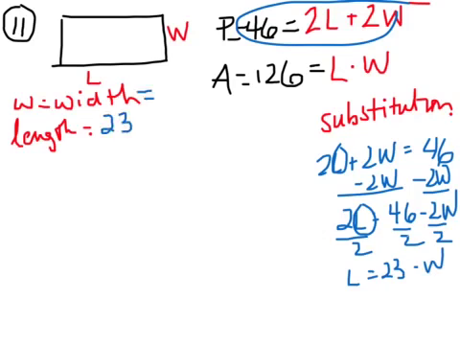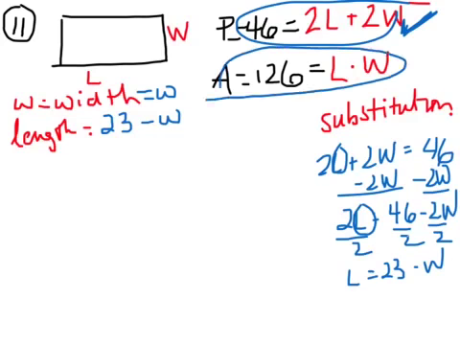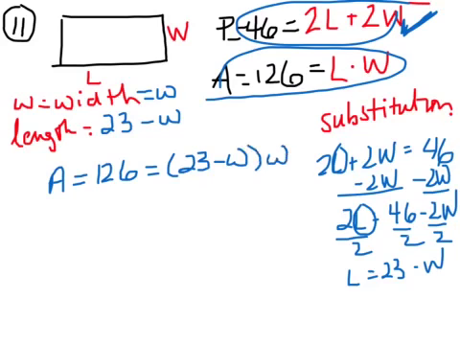Okay, so I can call the width W and I can call the length 23 minus W. How did that help me? I used this equation to get rid of one of the variables. Now I'll plug it in the other equation. Okay, so the area is 126. That's length times width. So my length is 23 minus W. My width is W. Let me get rid of this over here. Now,